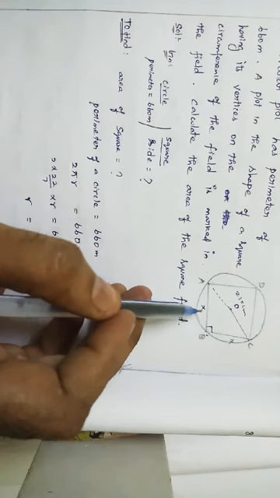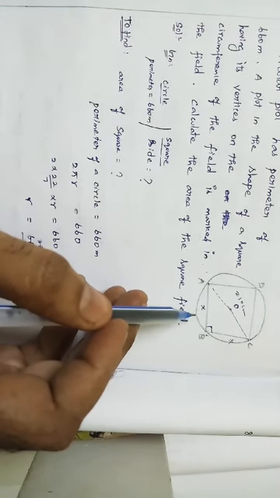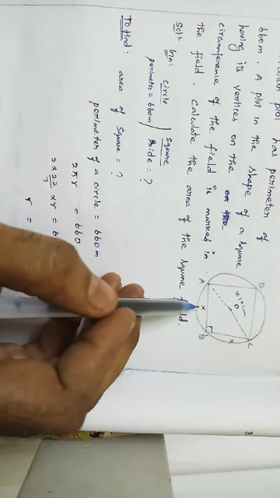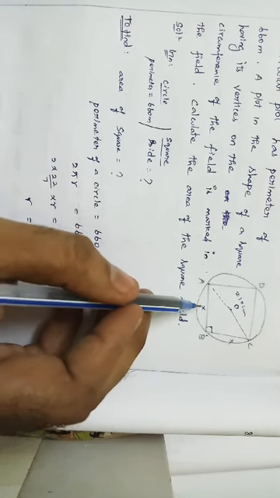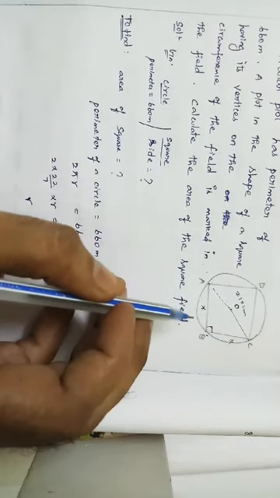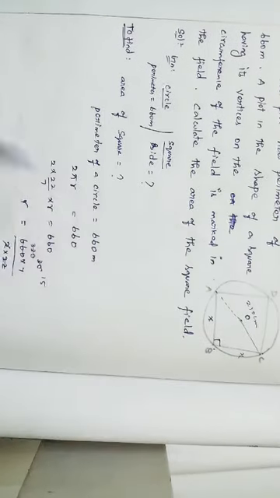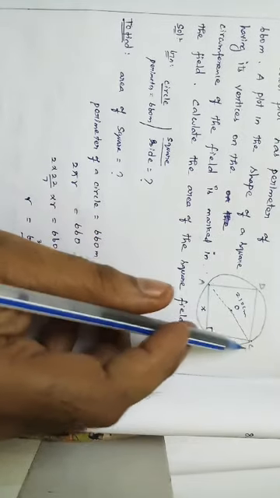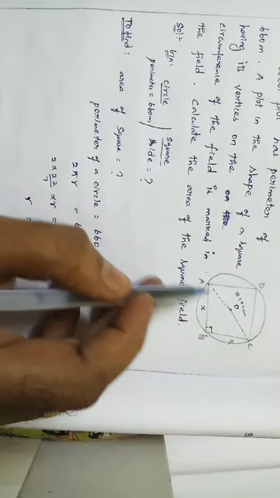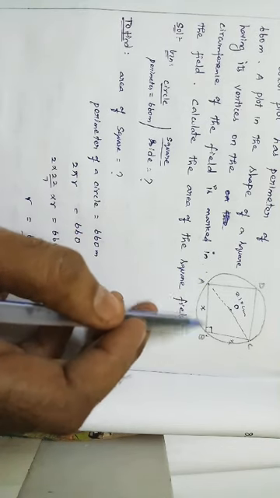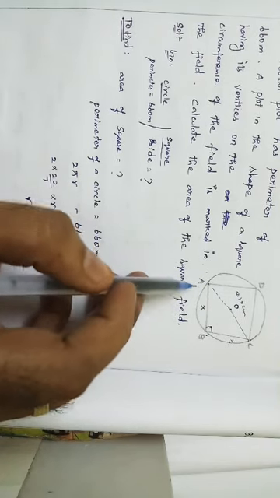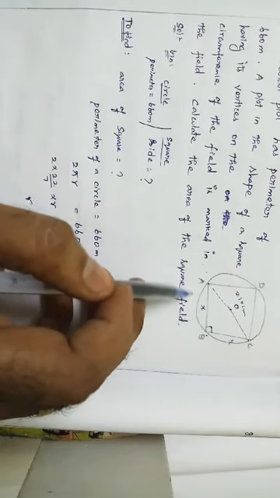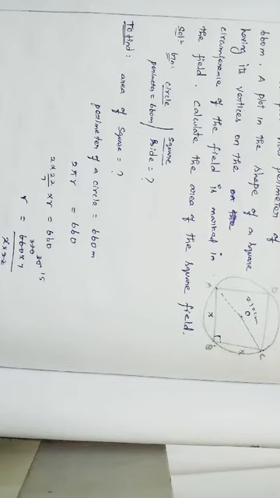By using the Pythagoras theorem property, I am going to find the length of X. X is nothing but the side of the square, so by using the area of a square formula, I am going to find the area of the square. Understood how I am finding? We know the length of AC, and we know that AB is equal to BC since all 4 sides are equal. I am assuming AB is X and BC is also X.